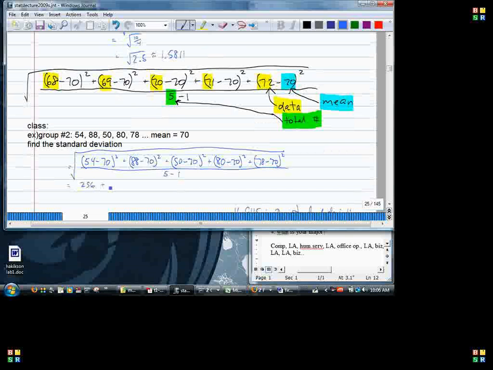Okay. So that's 256 and 324 and which is